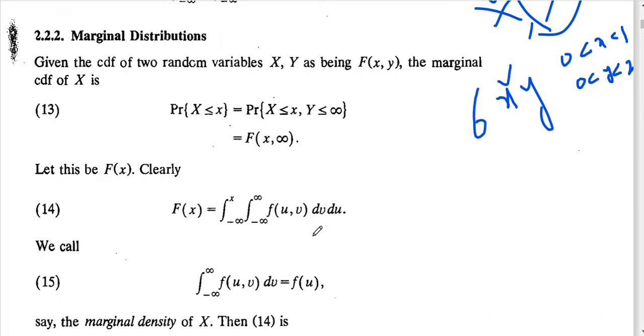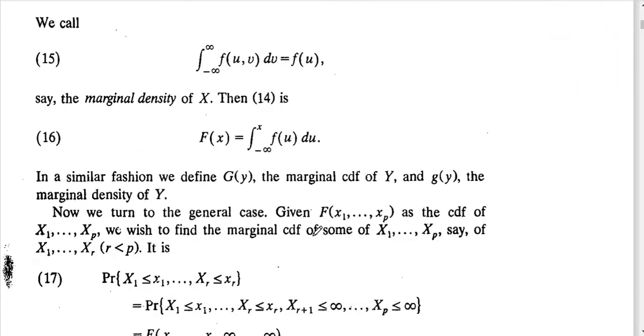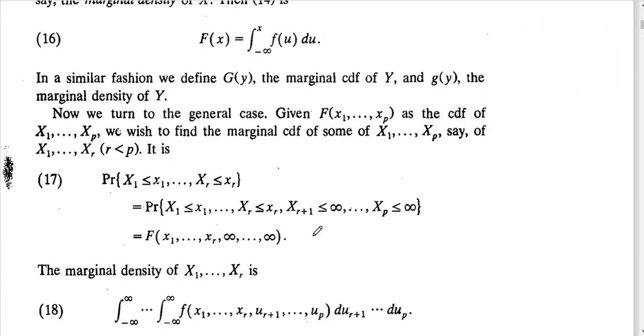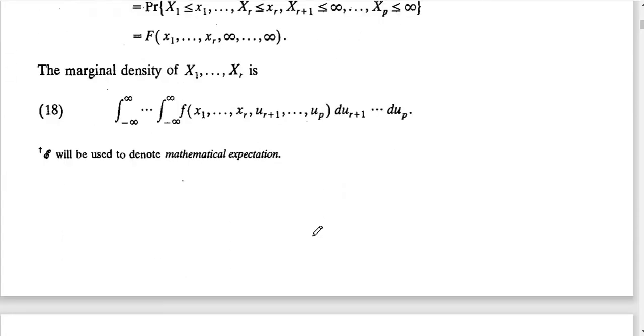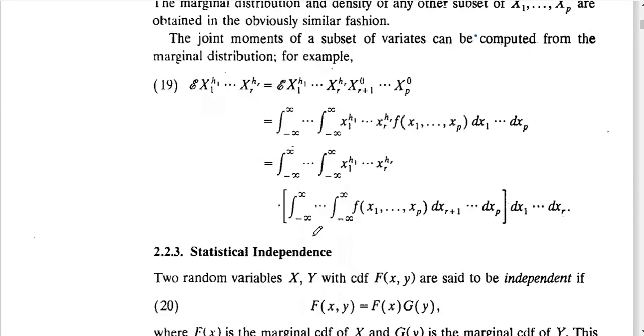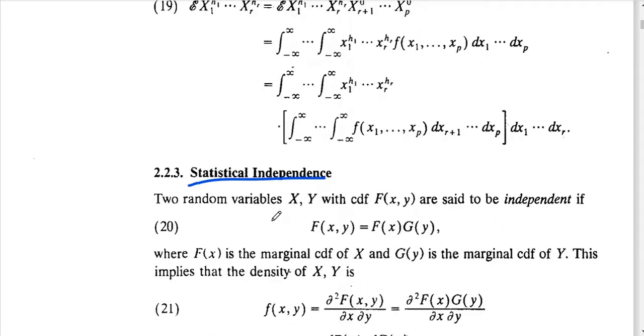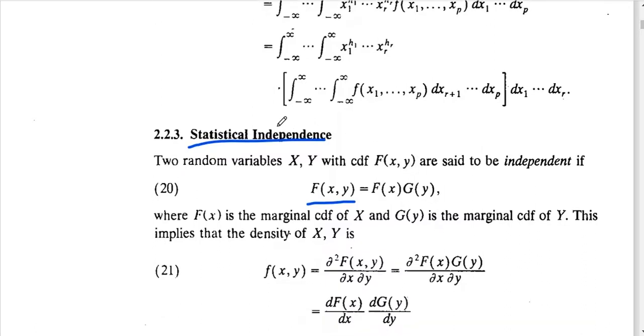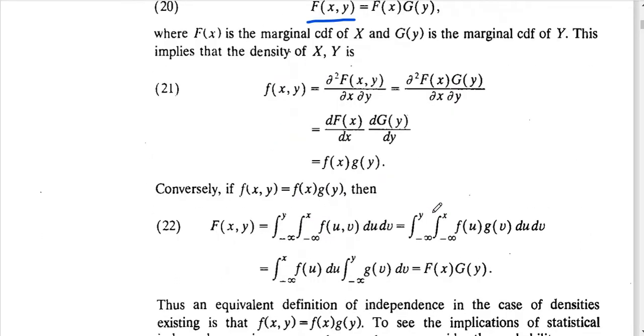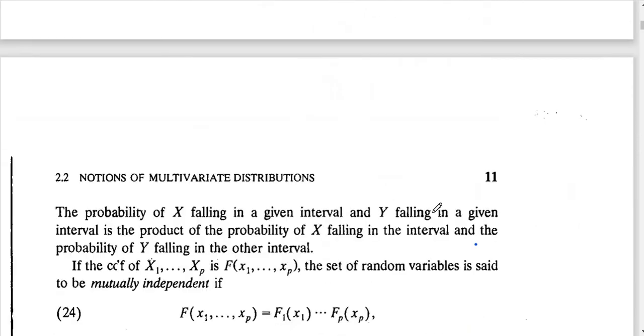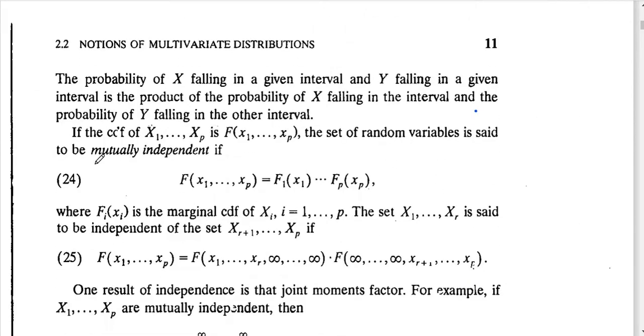You can find it in different ways also. It will be the same for p variates also. The procedure is the same but the calculation is different. You need to remember all those calculations also. Statistical independence, we all know what independence means. See, this is the independence: F of x comma y equal to f of x into g of y. Here statistical independence is different, and this thing will be mutually independent also.